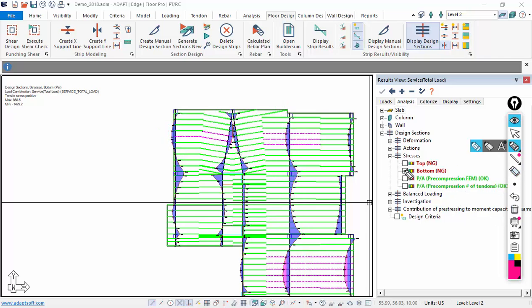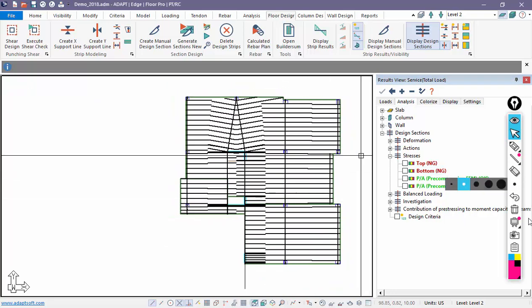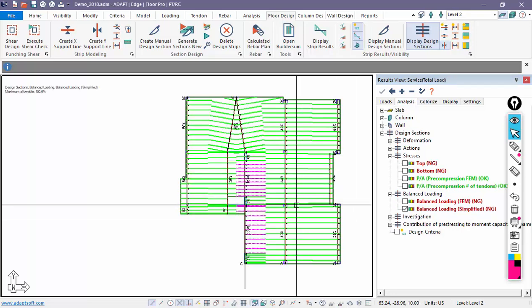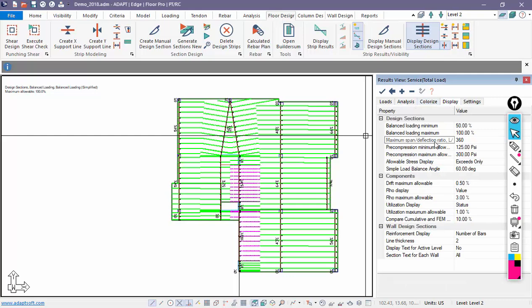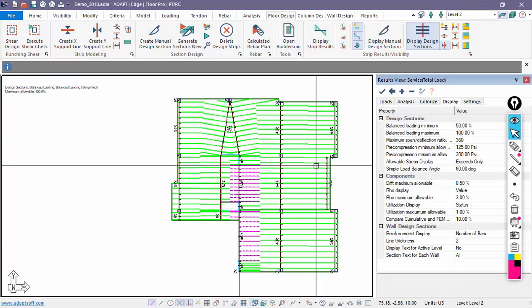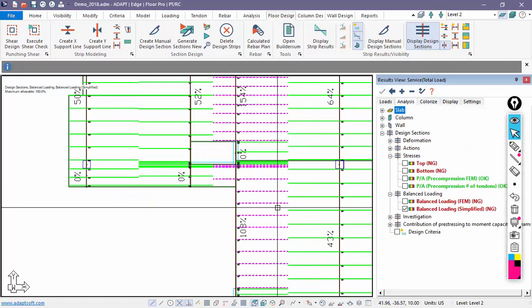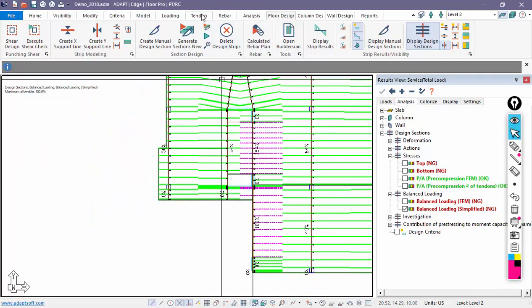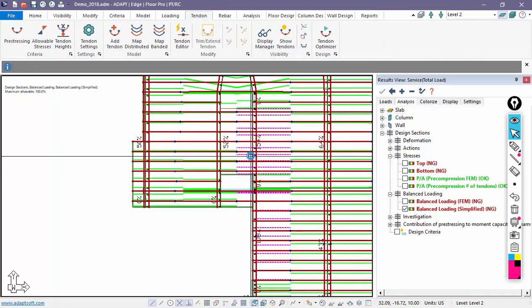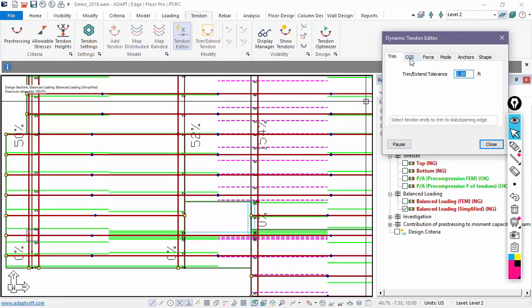The last thing to check would be the balance loading. If we look at the load balancing, I'll just use a simplified. The target is actually set under display. The balance loading maximum is set to 100%. So graphically we check against the maximum, and we're clearly overbalancing the slab. 108% here, 154 here. So if we look at the tendons again, and we come in and look at the CG of these cables, if I go to the tendon editor, the CG for this